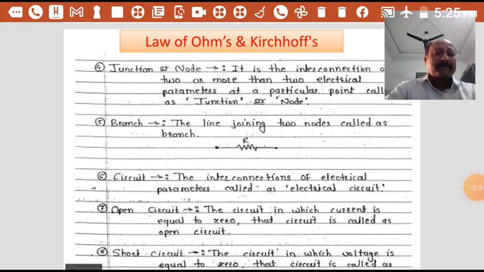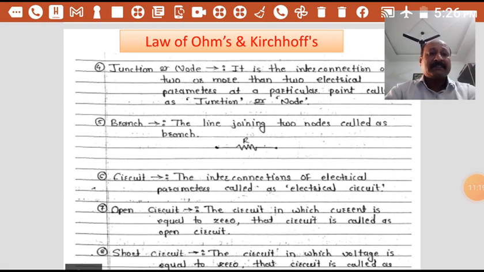So in the open circuit, what is the value of current? The value of current equals 0. Whereas, what is the value of voltage? Voltage is the voltage that is applied across that equipment. For example, sometimes the tube light or fan refuses to start. Under that condition there is zero current, because the circuit is not closed, but there is full voltage across the fan. Such a circuit is called an open circuit.